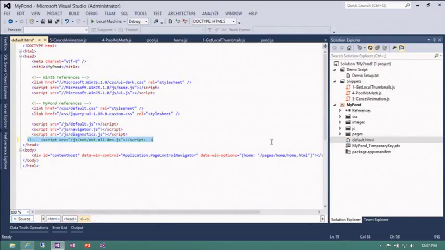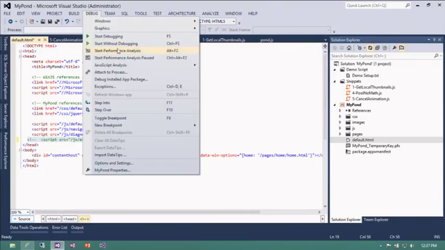So this is where you can look at, how am I using the JavaScript? How can I make the best use of it? Am I loading too many files for the capabilities that I'm actually using out of that library? So if I just remove that, and we run this again,